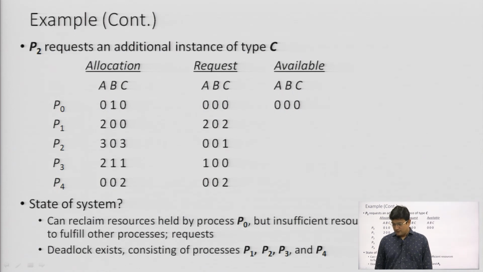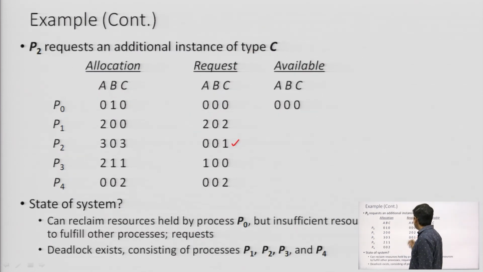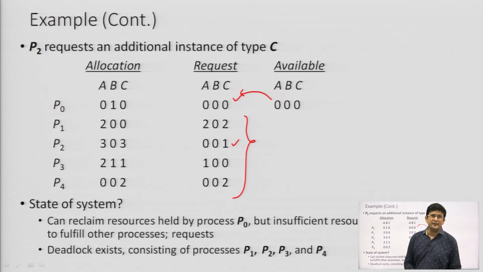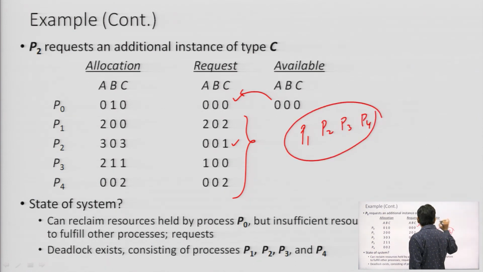But if you look at this scheme, where we have just a slight variation in the question, where the request of P2 we have changed from 0, 0, 0 to 0, 0, 1. Okay, so 0, 0, 1 cannot be satisfied, and if 0, 0, 1 is not satisfied, then no one further will progress, all will remain false. So P0 completes, yes, the request of P0 is 0, 0, 0 and can be satisfied, but we cannot satisfy the request of any other process. You can see it with the pen and paper. So we will say that the processes P1, P2, P3 and P4 are in deadlock.